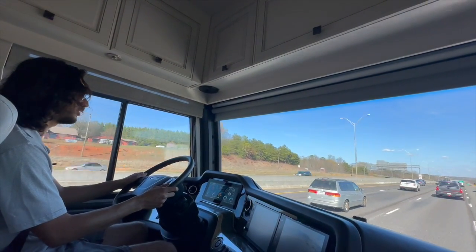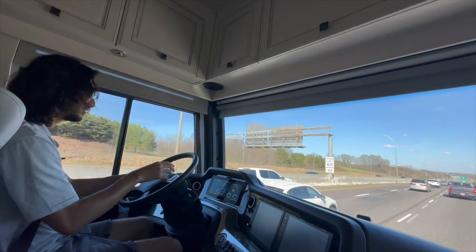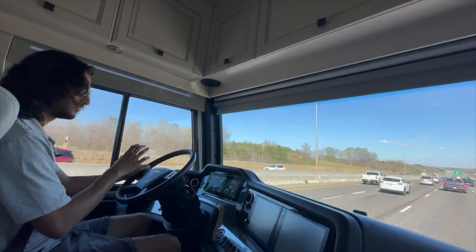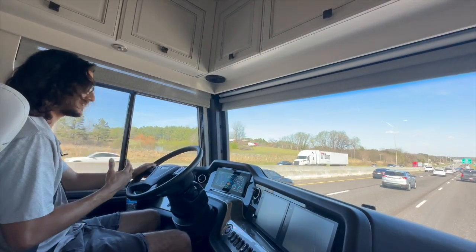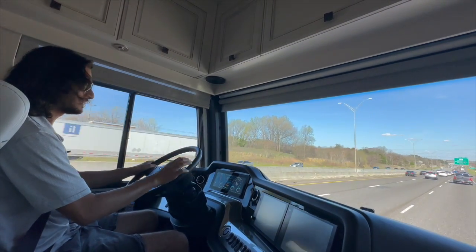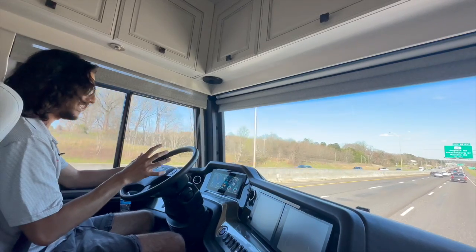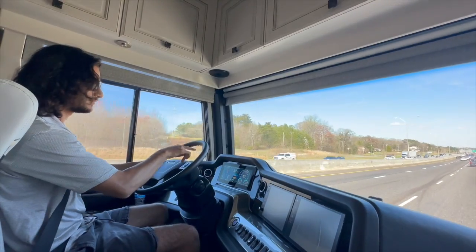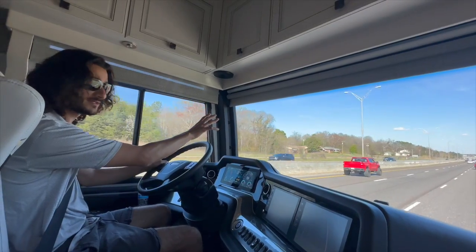So check this out. It's warning me that I'm coming up quickly on this truck. You hear all kinds of warnings popping up. Just the perfect amount of sound, not aggressive in your face where it's going to scare you, but just warning you that, hey, you're coming up fast on that traffic in front of you. This also has one of the best safety features ever. This also has a detection system that will tell you how far out the car is in front of you,